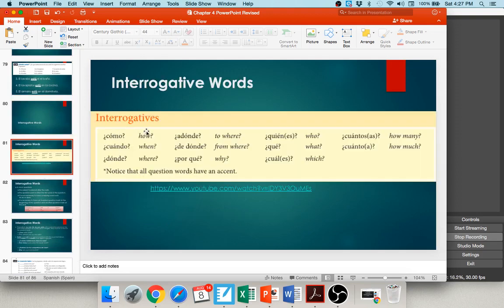You have cómo, how, like cómo estás, cuándo, when, dónde, where, like dónde está el baño, a dónde, to where, like a dónde vas, de dónde, from where, like de dónde eres, where are you from, por qué, why, quién, who, qué, what, cuál, or which, cuáles, cuántos or cuántas, how many, and cuánto, how much, or just like cuánto cuesta. So, these are your interrogative words.